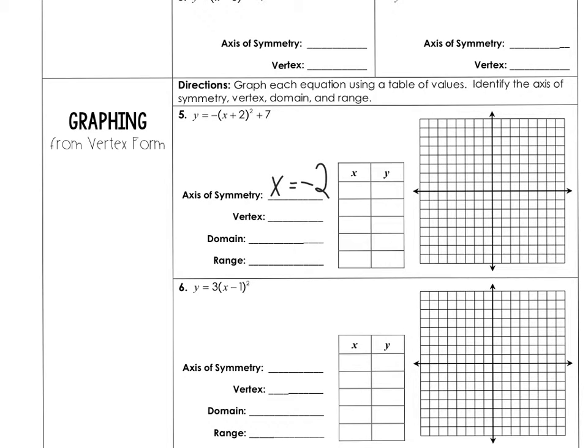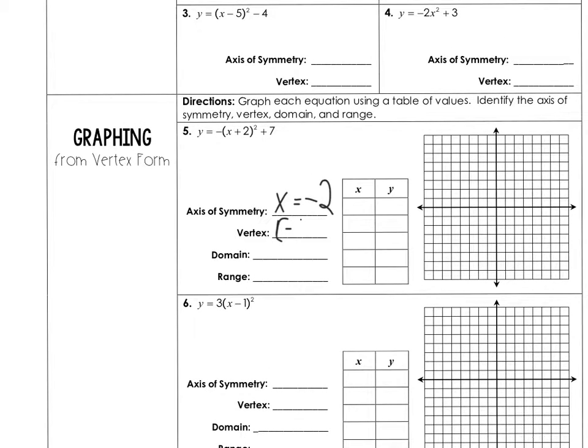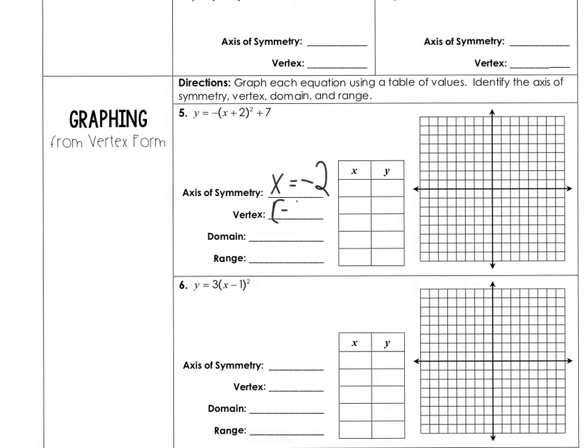And then we're looking for our vertex, which would be (h, k), so that'd be negative 2, comma, and then this is 7, right? So negative 2, comma 7. Okay? And so now, remember, if we go back to how we graphed our parabolas, or our quadratics, yesterday,